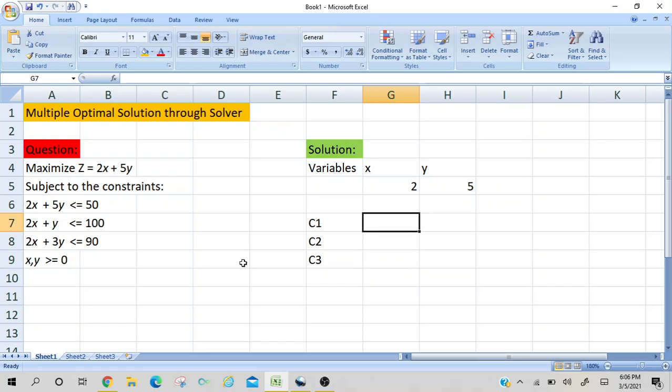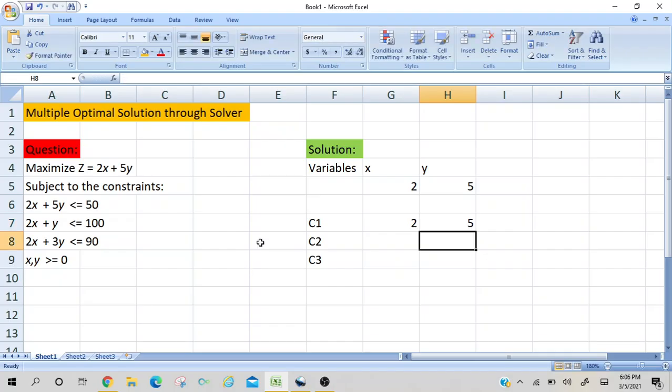Now corresponding to the C1 constraint I will write the coefficients for x and y. In our G7 cell I will write the coefficient for the x variable, which is 2, and for the y variable I will write 5, the coefficients in my first constraint.